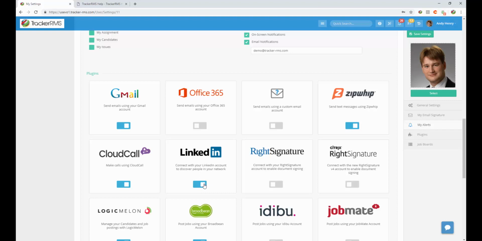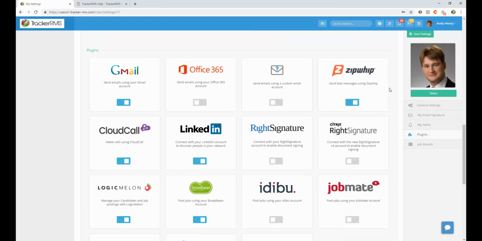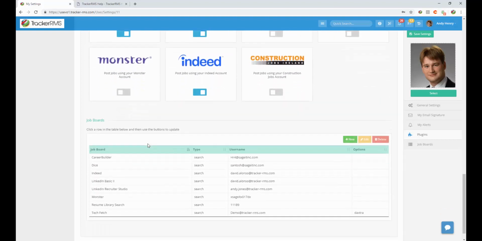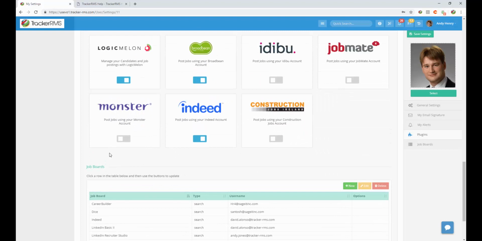Now, step 9 is finishing up all the plugins and job boards. So if you guys are using our texting service, you'll want to turn that on. If you guys are using Cloud Call or our Click to Dial, you'll want to turn that on. And if we scroll down here, if you guys are using any job boards for searching or posting,